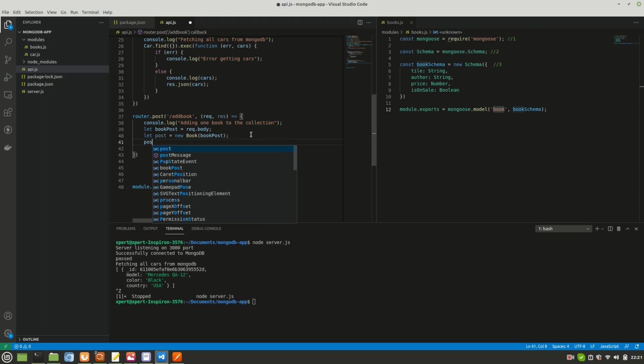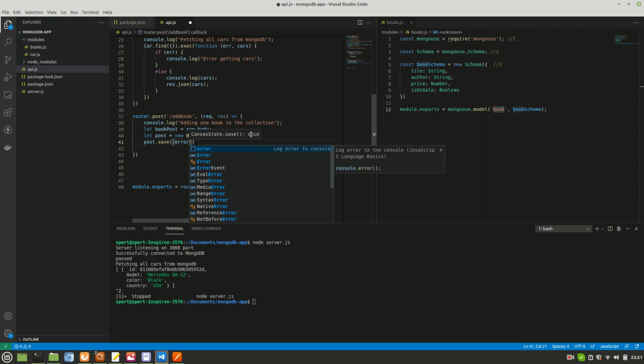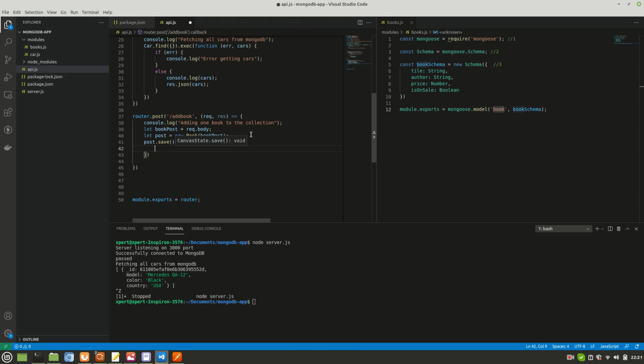After that, I'll use post dot save, again a callback function, error, or let me call it success post. It's a callback method.